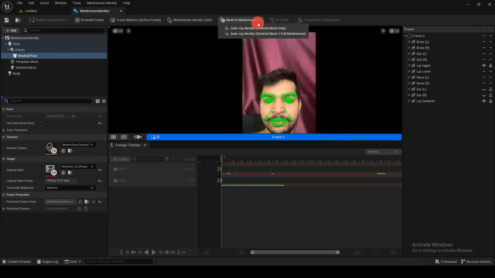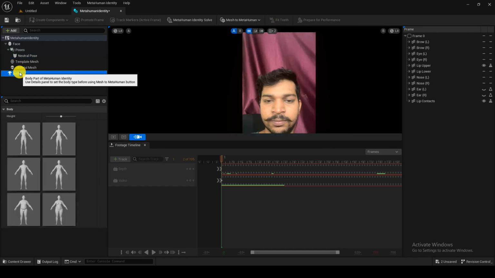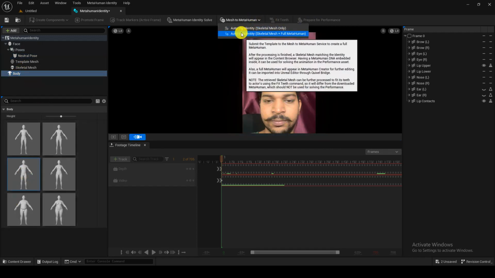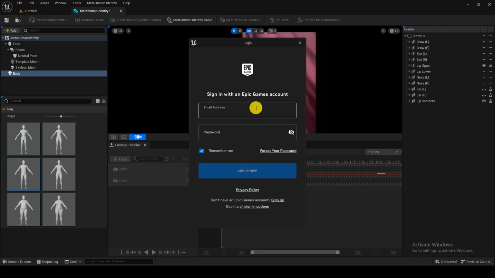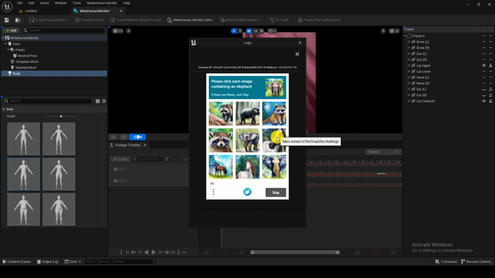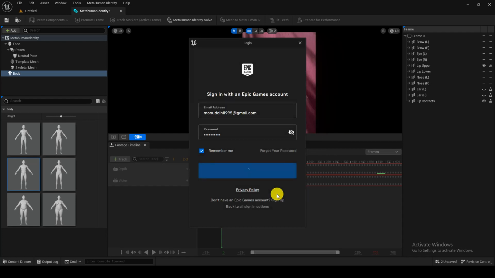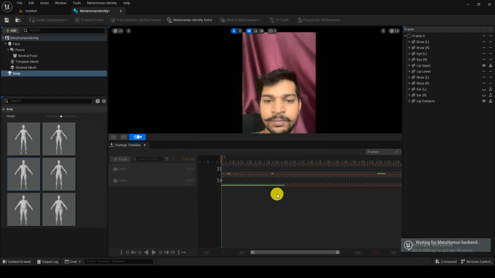It's done. Next thing is I want it to be full, so first I will select the body type, then I will click on the auto rig identity, the mesh, and the full body. So this is the step where you have to log in to Epic Games. So I will log in, verify. Perfect. It will talk to the backend, it will send your data,